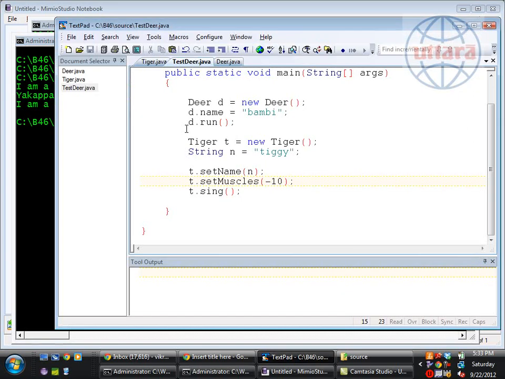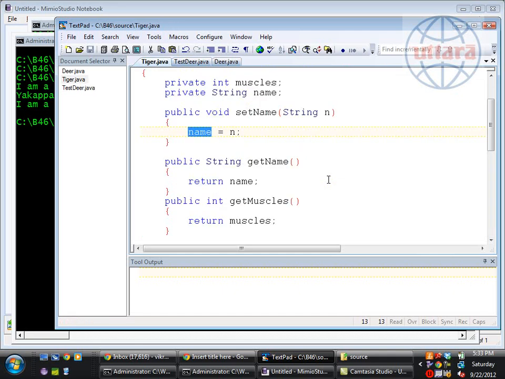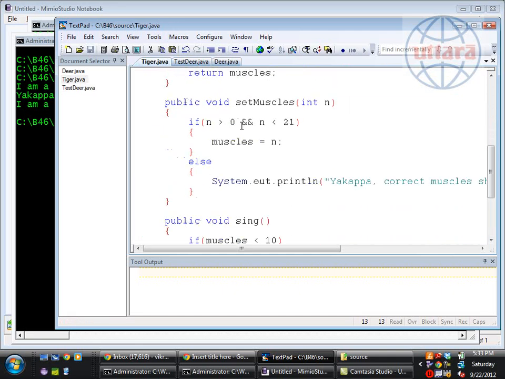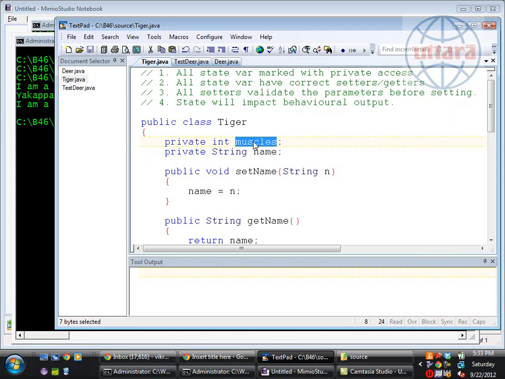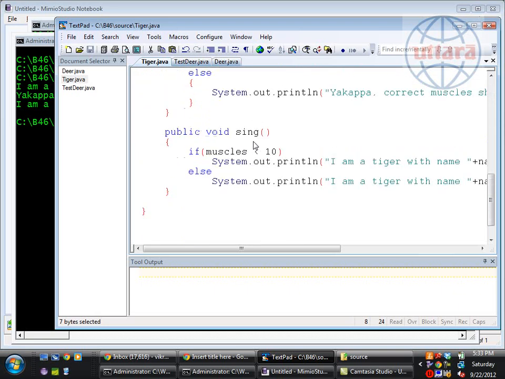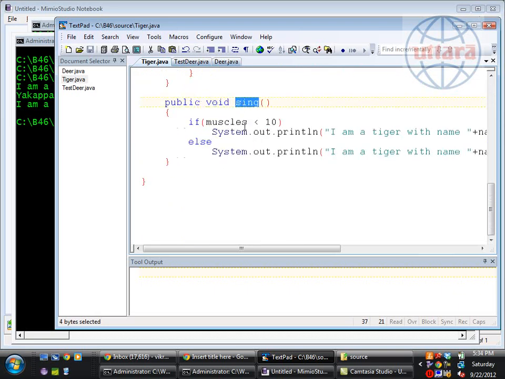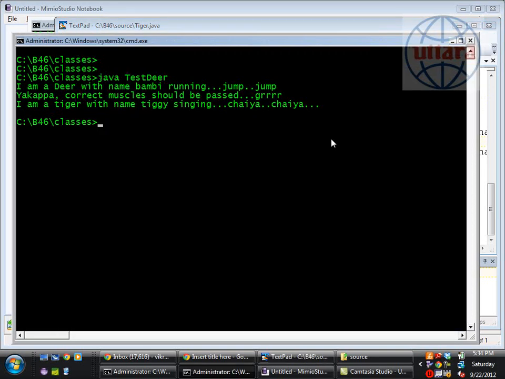No, it's not -10. The user, the invoker, is passing -10. But are we assigning that -10 into muzzles? No, we are not assigning, which means what will be the value in muzzles? 0, very good. That means in the sing method, 0 is less than 10, so our tiger is singing